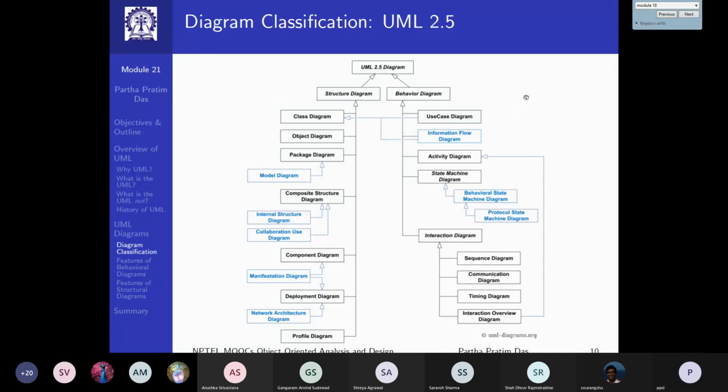The state machine diagram is in the form of a state chart. State machine you already know, right? You know the FSM, finite state machine. So the state machine diagram tries to capture the state information of the system. We say that the system typically will go through a number of states, and a state will define what activities can be done, and based on that activity, what transition will happen in terms of the state. For example, you want to apply for a leave. Now, if you are at the initial state of the system, then certainly you will need to, before performing